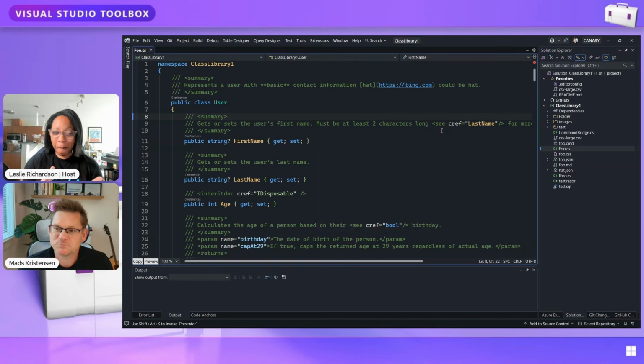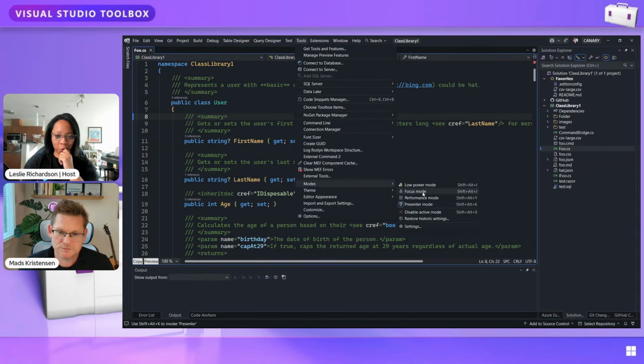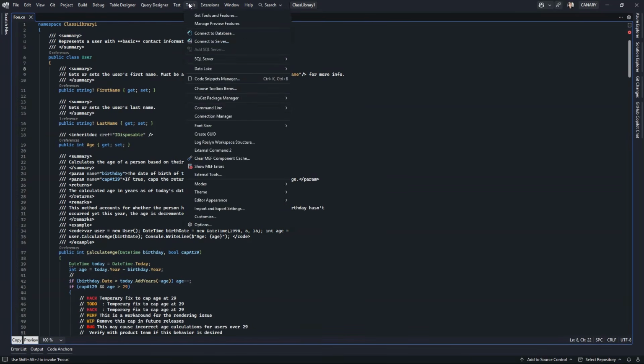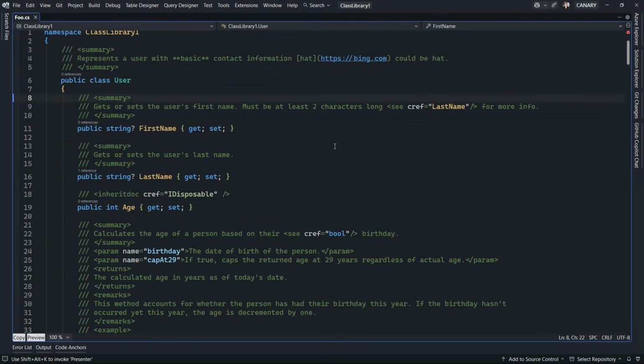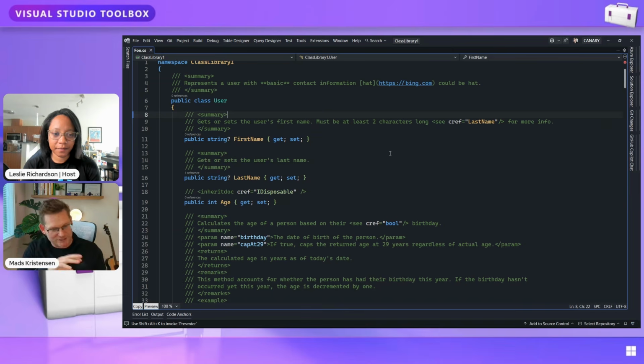Can you have multiple modes on at the same time? Let's say you wanted presenter mode, but also wanted focus mode. No, you choose one or the other. Gotcha. It's kind of cool the way it does it. It rolls settings back and forth and cleans up after itself. The issue is if you have multiple at the same time and then you back some settings out, there could be overlapping settings, where the same setting is either true or false, and which one of them wins? So this is how I do it now.